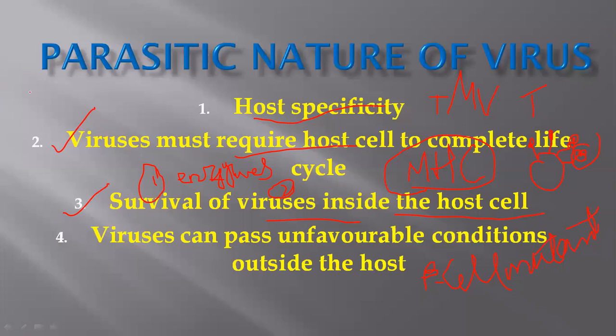The next very important nature of viruses is that they can pass unfavorable conditions outside the host. They are very small, so other organisms cannot attack them, and they are not threatened by other organisms. Their only concern is the pH and temperature. If the pH and temperature change, the protein coat outside their core, that is the protein capsid, can be destroyed easily. So